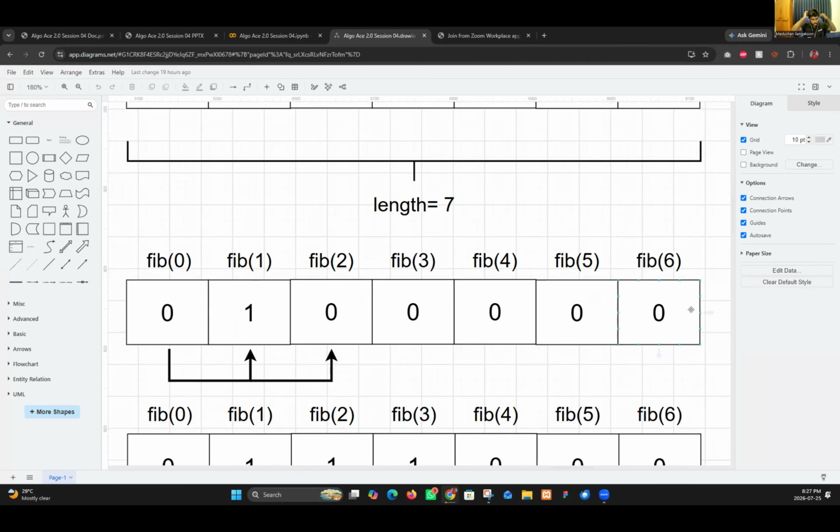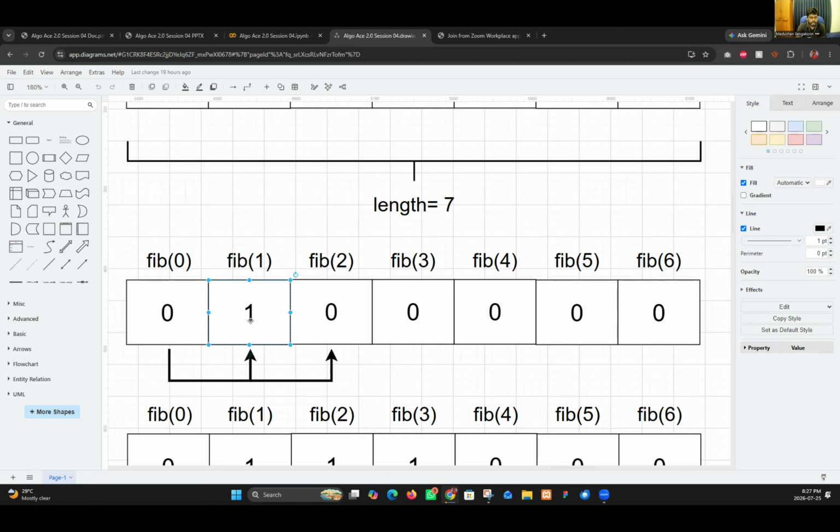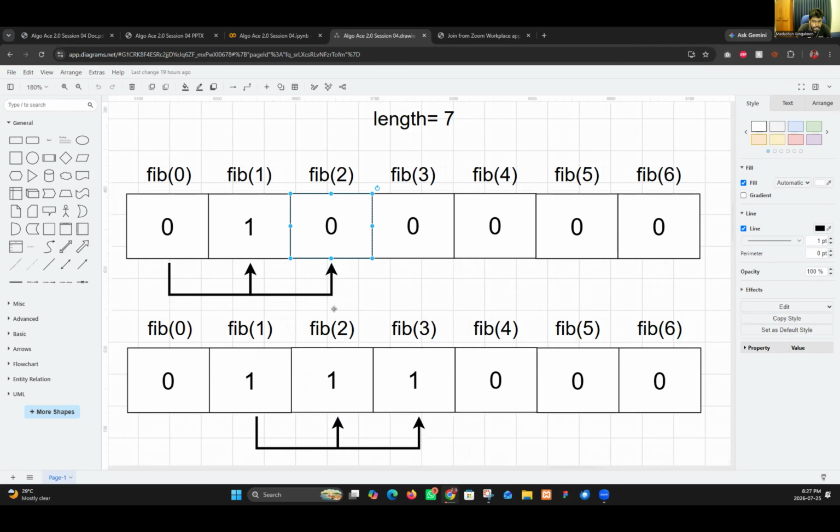So we have an 8-length one-dimensional array, and I put all zeros in here. And I know the first value is 1. So what I'm going to do is get the sum of this and add it to the next box.